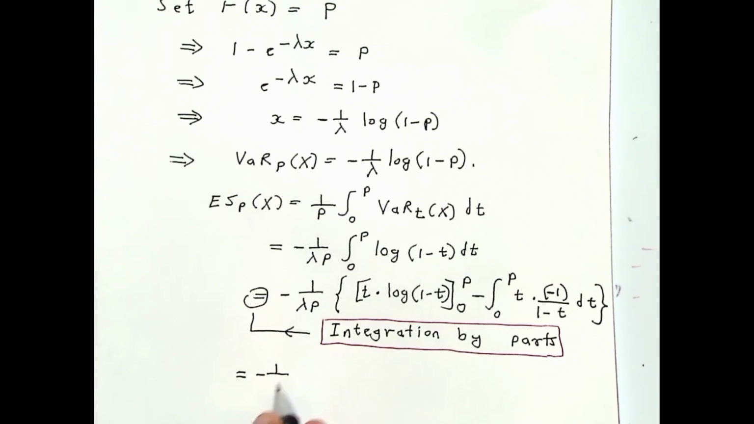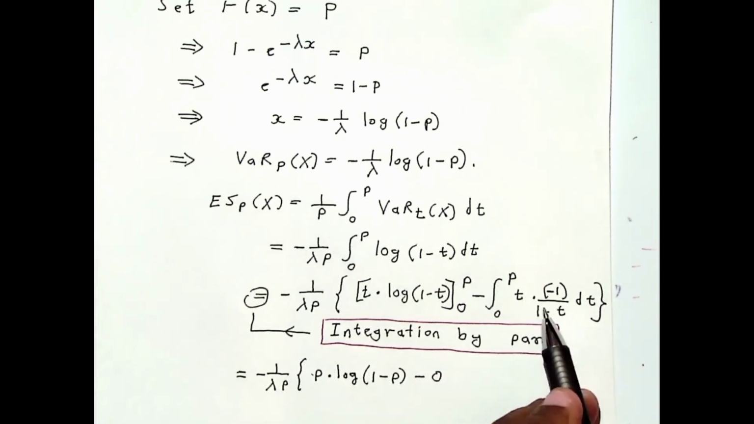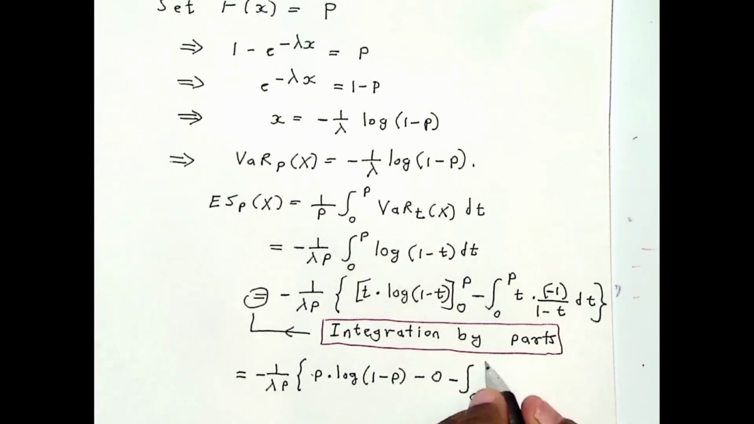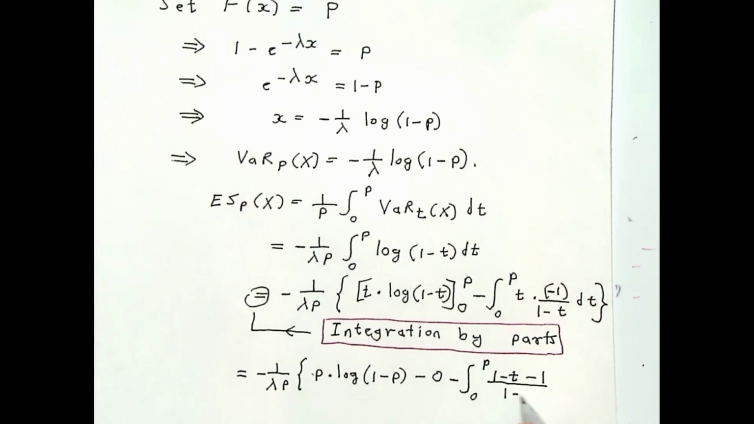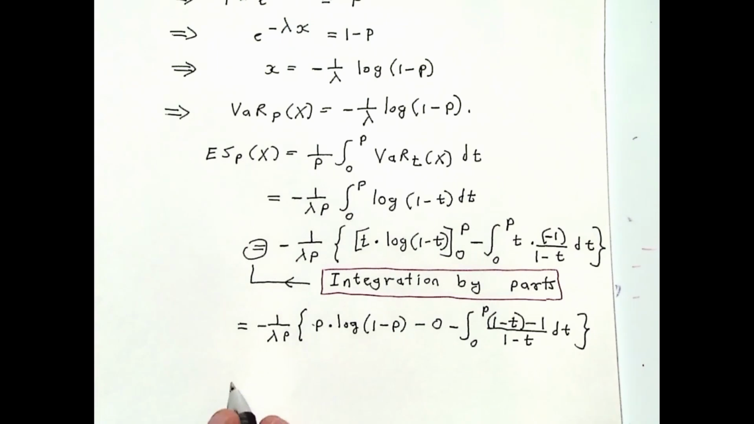You get minus 1 over lambda p. The limit at p is p times log of 1 minus p. The limit at 0 is 0. Now, I'm going to write this as follows. You see why I'm doing this in a minute. Okay, I'm going to put the first two terms in brackets. So this becomes